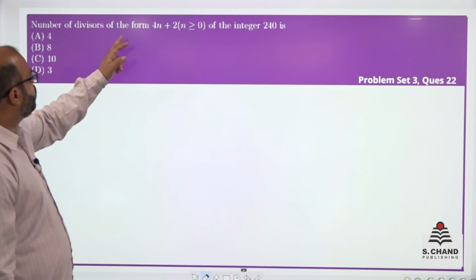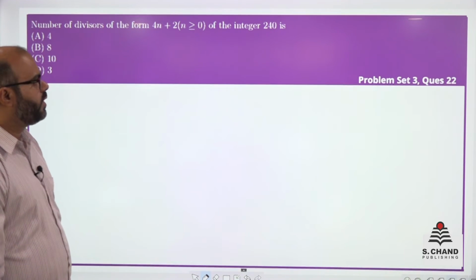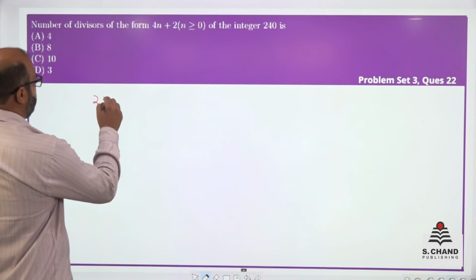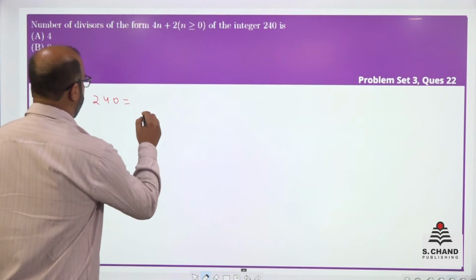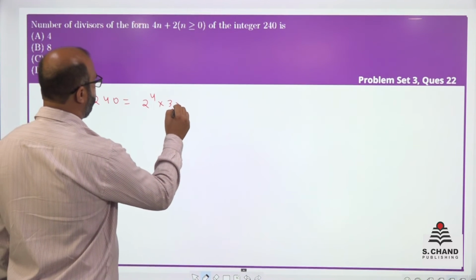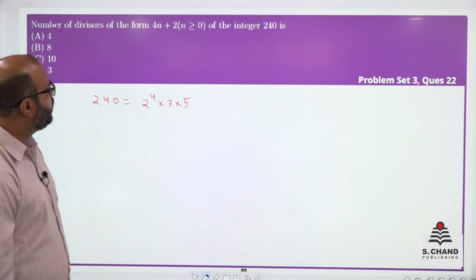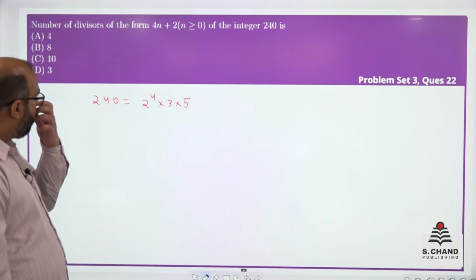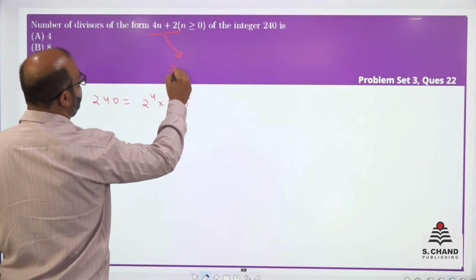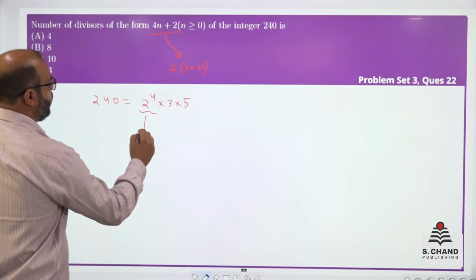Number of divisors of the form 4n plus 2, where n is greater than or equal to 0, of the integer 240. So 240 is equal to 2 to the power 4 into 3 into 5 when you factorize it. And you have to find out how many divisors are there of the form 4n plus 2. So 4n plus 2 is actually 2 into 2n plus 1. So one 2 is to be taken, that is fixed,